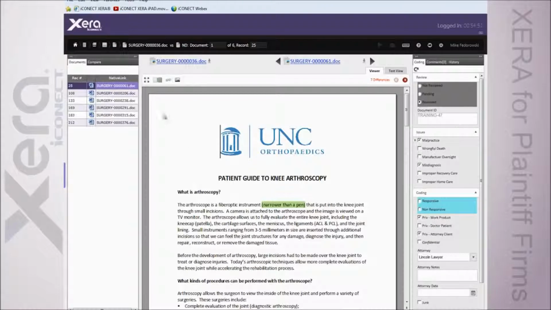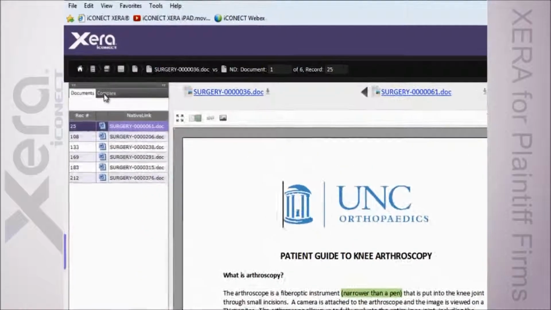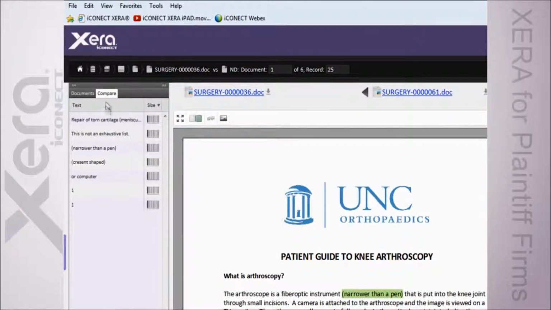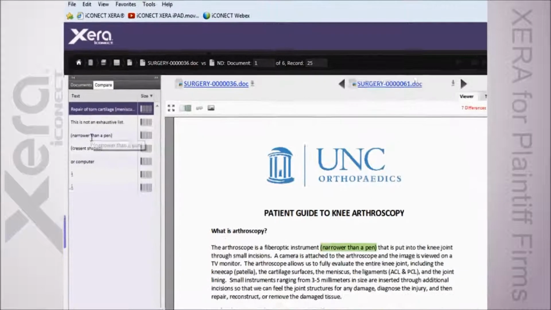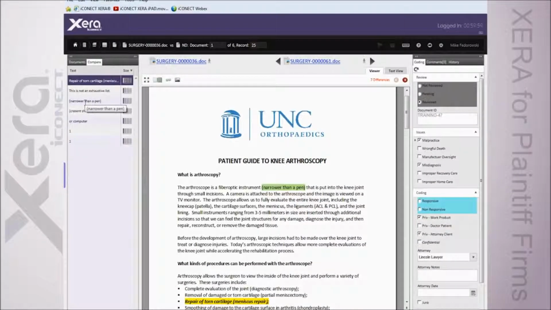Further to this though, we replace the word marking tab with a little compare icon, which allows me to then come in and compare these documents and see exactly where all those changes are in a simple standard list. As I can see from my comparison list here, I can sort these to focus on larger chunks of text versus simple characters that may have been changed. It allows me to jump around from hit to hit, essentially, easily seeing where all of those differences may be